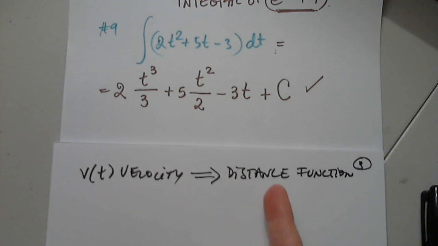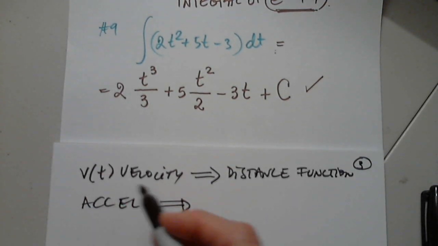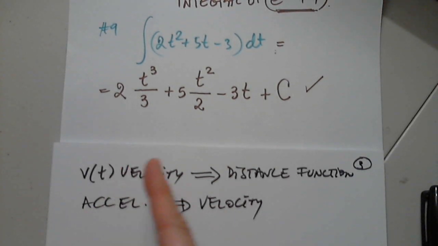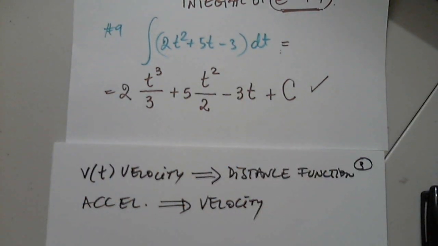From the derivative, I can find the function. If I have the acceleration, which is the derivative of the velocity, I can find the velocity. I have the derivative, I find the function, or the family of functions. So for now,